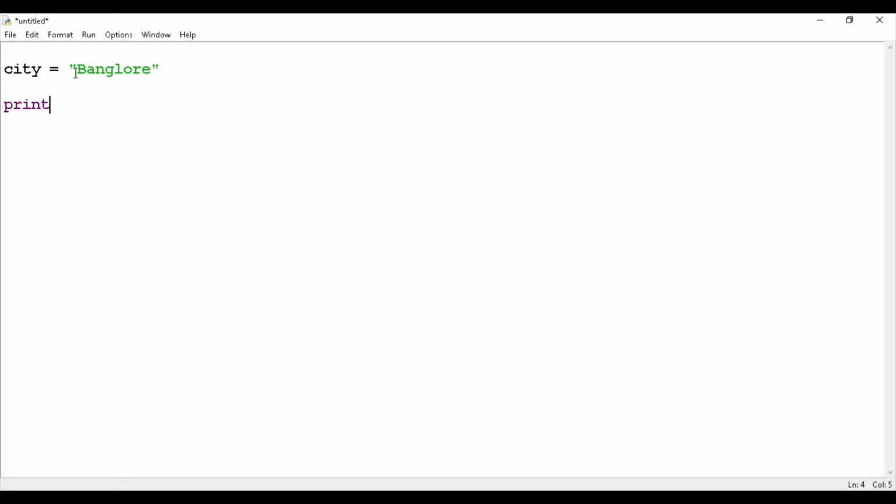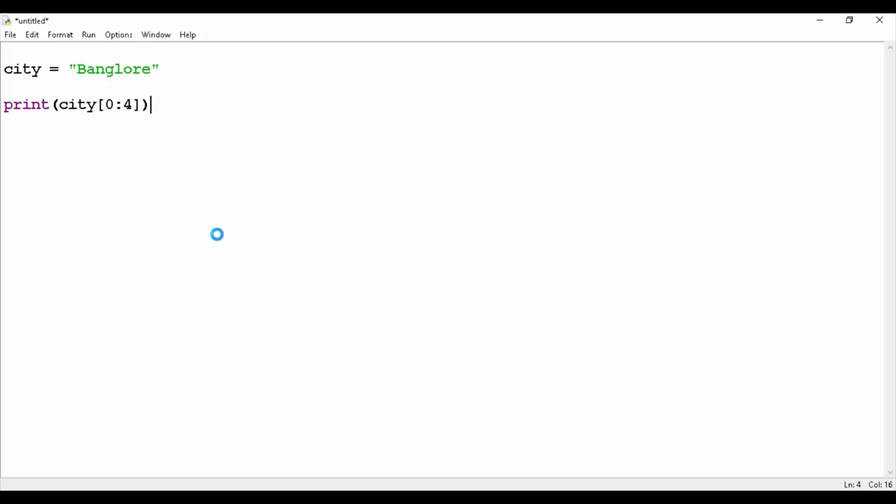For example, if I want to slice BANG, so what I have to take? So you have to use the slice operator. You have to give start index and end plus 1 index. So I will directly use here the variable name of that string. Then start index is 0 and end index is 0, 1, 2, 3. So this is 3 plus 1, that is 4.